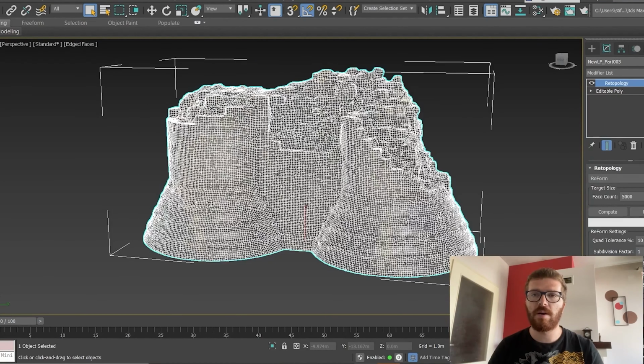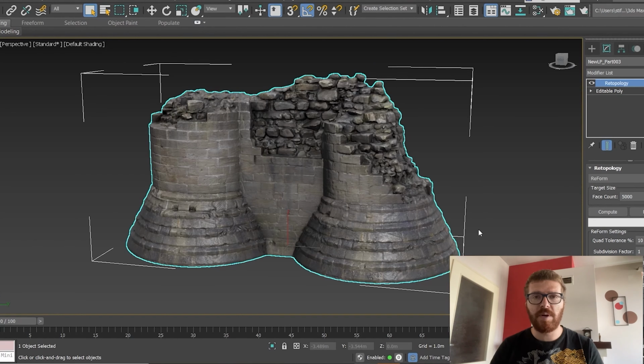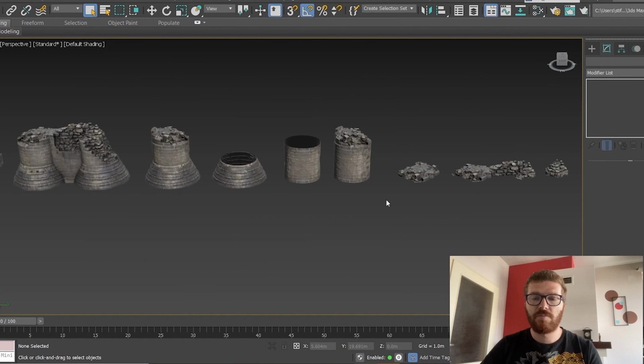As well, if you want to create a unique set of UVs specifically for this asset, it's something which makes it a lot easier. The topology makes it a lot easier to create those UVs nice and clean. I tried in the past different methods for creating such topology and making my low polys easier and automated before getting them inside the game engine, but using the 3ds Max retopology tools gives the best results, as you can see. Using the same type of data and scanning more parts of walls and as well more of the ruins, we are able to create different types of assets and different types of elements.